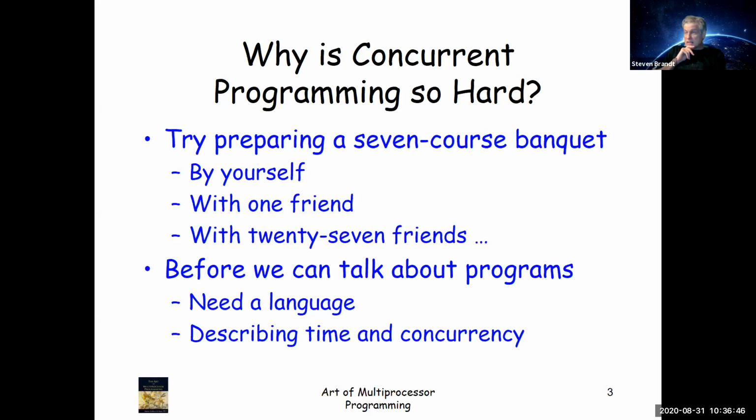So why is concurrent programming so hard? The analogy is you're trying to prepare a 7-course banquet by yourself, with 1 friend or 27 friends, if you can imagine that. Before we can talk about programs, we need a language and a way to describe time and concurrency. So imagine trying to organize something with 27 people all having a say. That should be